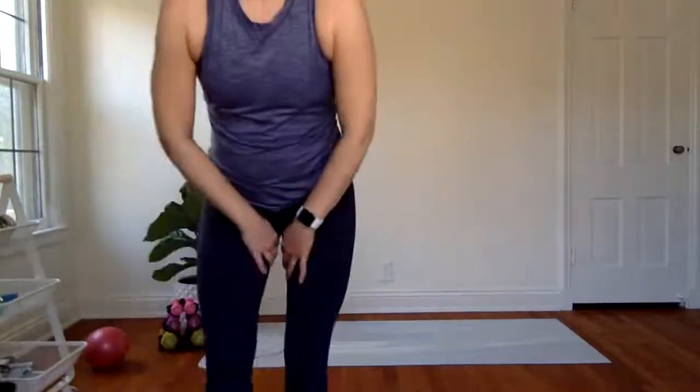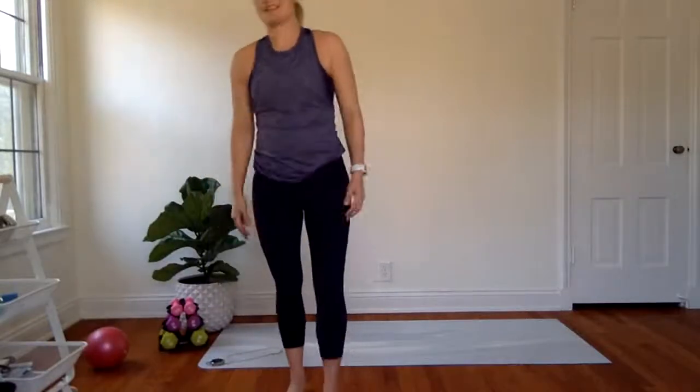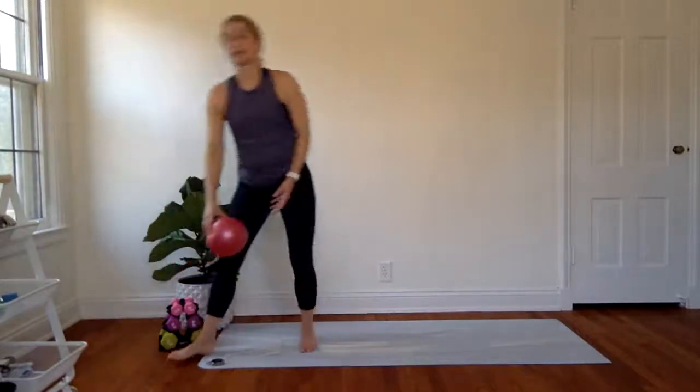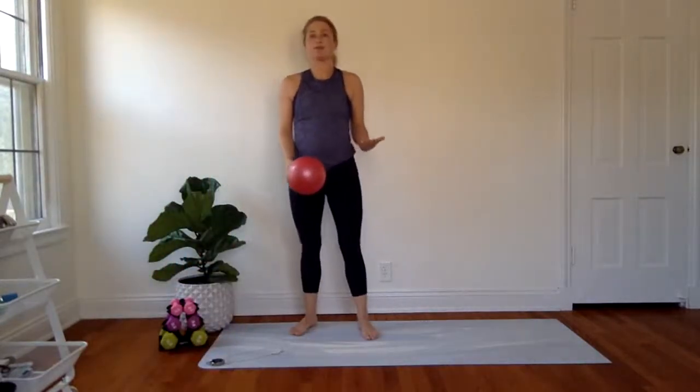We are going to squeeze in 12 minutes of pelvic floor strengthening movements. So we're not just doing Kegels for 12 minutes. We are going to be strengthening all the muscles around and connected to our pelvic floor. That's going to include our low abs, our glutes, our hamstrings, our adductors, inner thighs. It's going to be a lot of legs and working on adding that Kegel in when and if we can